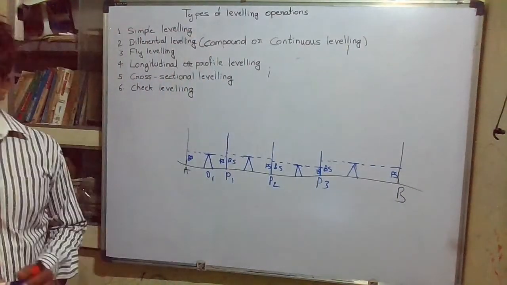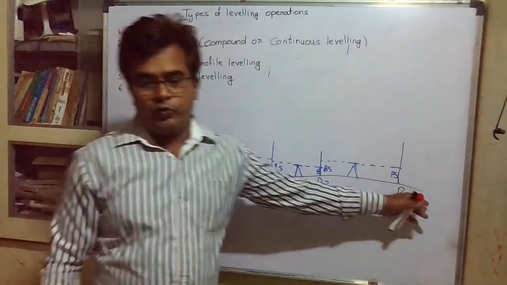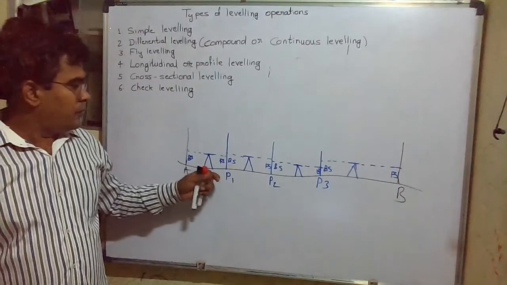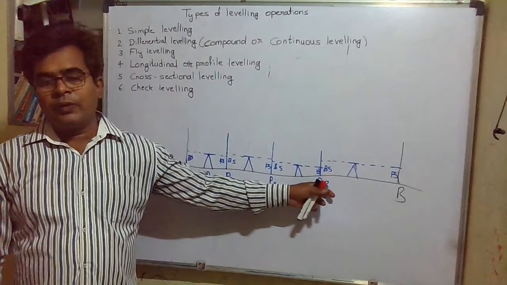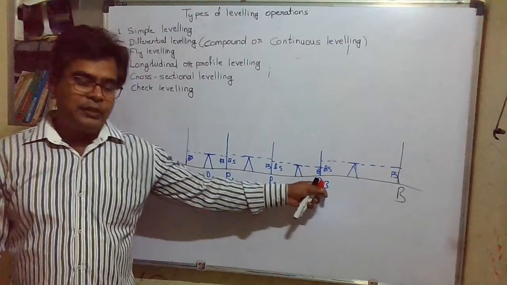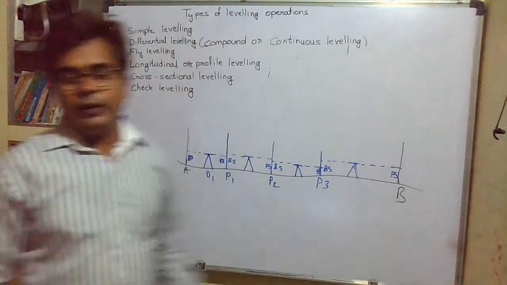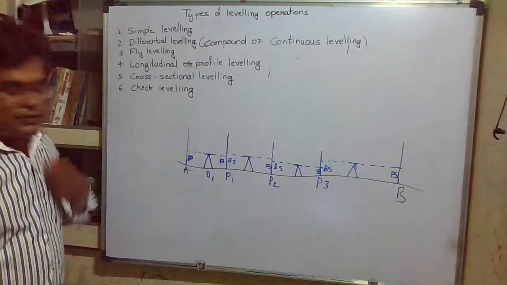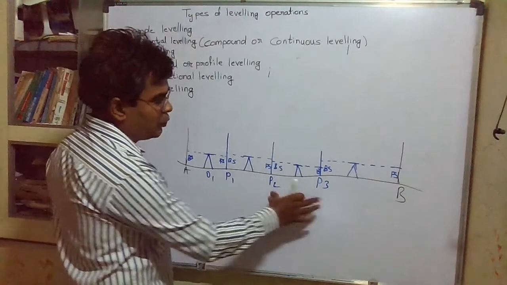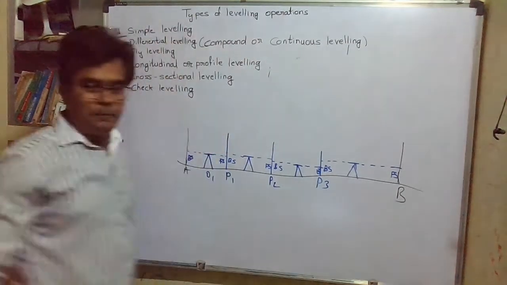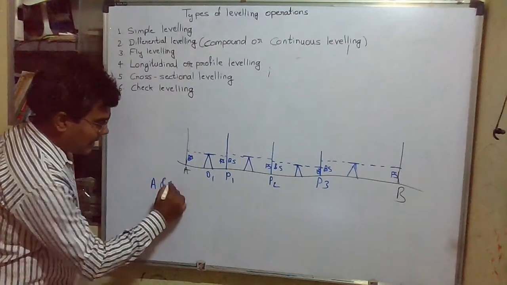Means what we have to do is take the difference of level between these 2 points A and B. So we are taking some points midway. We don't have to do anything about the RL of points P3, P2, P1. We just need the level difference between points A and B. So we determine the level difference between A and B by taking the level difference between point A and P1, point P1 and P2, point P2 and P3, and point P3 and B. And after summing up, we finally get the level difference between point A and B.